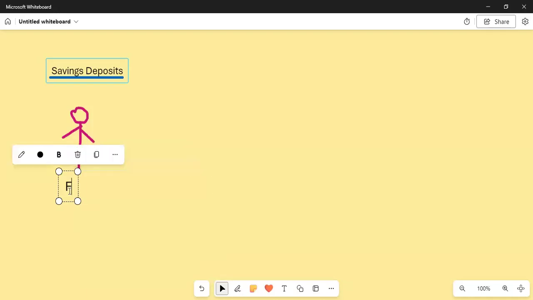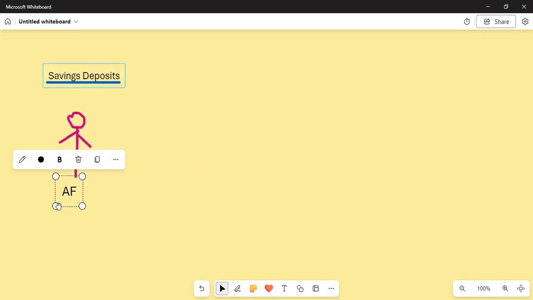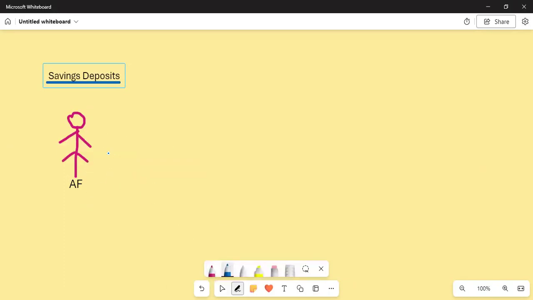Therefore, this is me, and I get some money. And all the money that I get, what do I do? I don't keep it in my hand. So I go to the bank. We'll say that I go to the Sampath Bank, and then I am starting a savings deposits account.